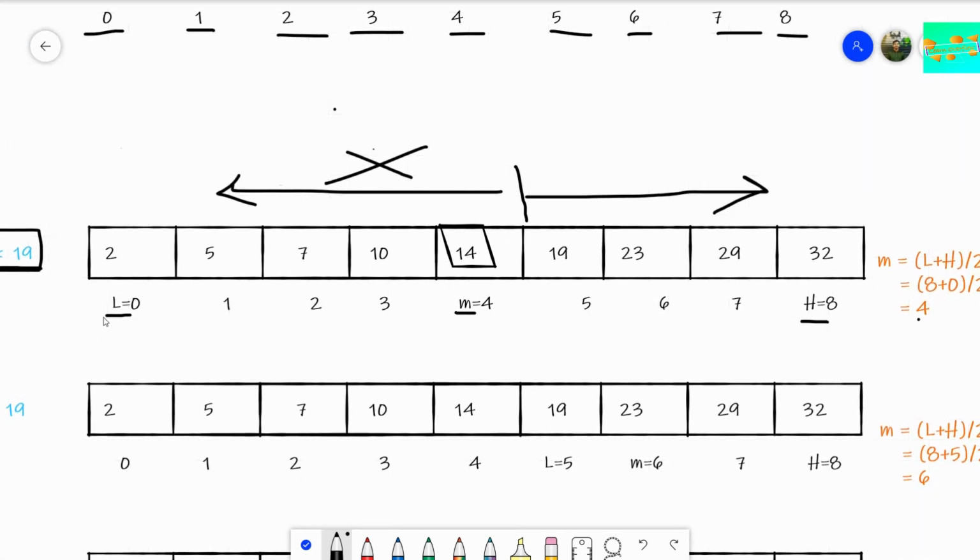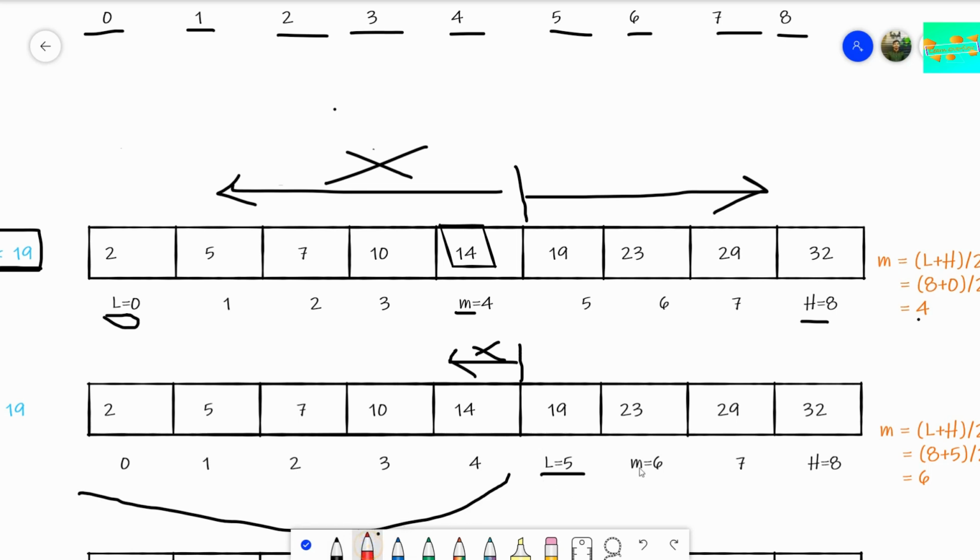In the next step, we will shift our low to a value where low becomes M plus 1, that is mid value plus 1. So we shifted our low to the next higher element, since we know till now it's not possible for the value to be there. Look, we didn't care what these values comprise of. We are searching for 19 and we got 14 at the mid position, so we should look for a higher value in a sorted array.